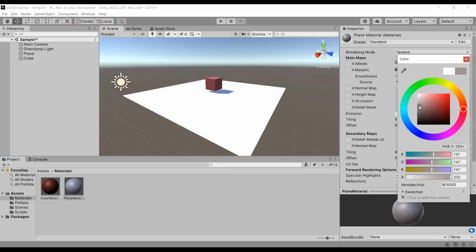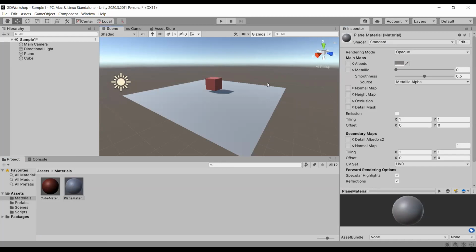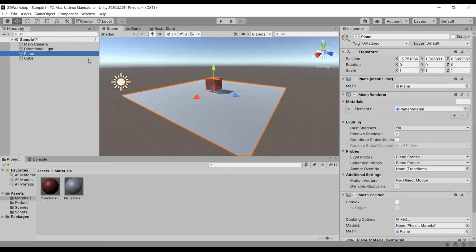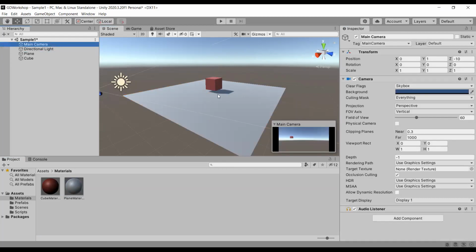Materials get a little more gray in color. Cool. So right now, let's get into a little bit of scripting, so that you can add a little bit of mechanisms to this cube.